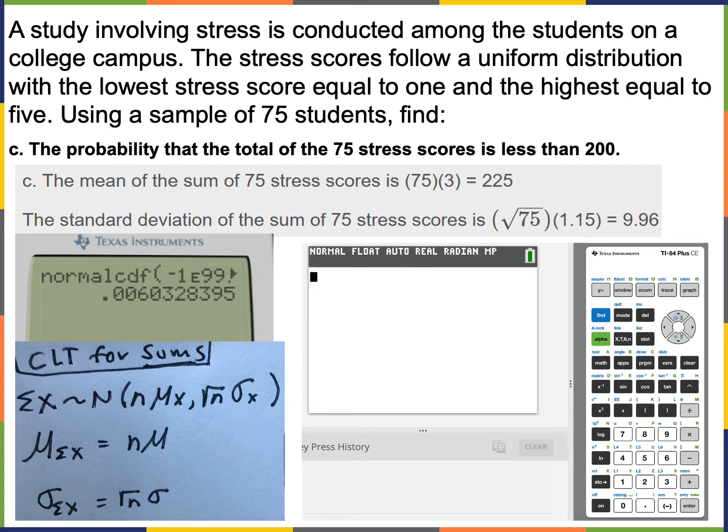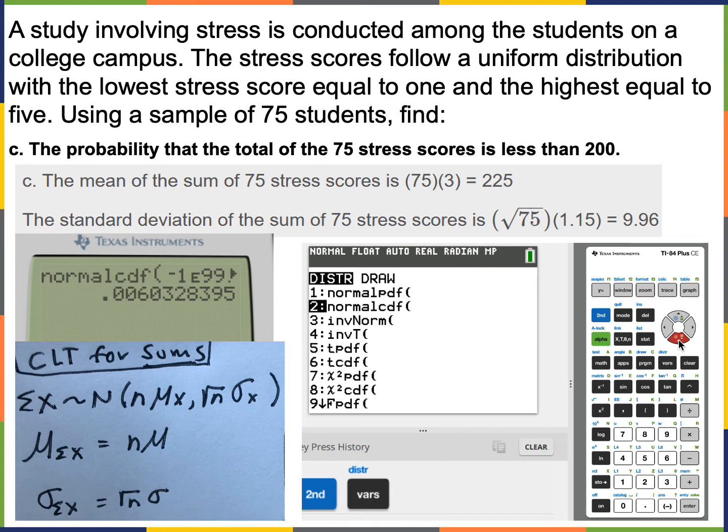So the mean, according to CLT, is going to be n times the original, so 75 times the original mean, which is 3. So 225 is your new mean, your mean of the sums. The standard deviation of the sum is going to be square root of n times the original standard deviation, so that's 9.96. And then we go ahead and do normal CDF